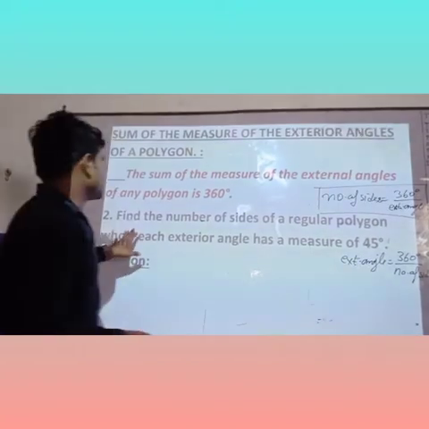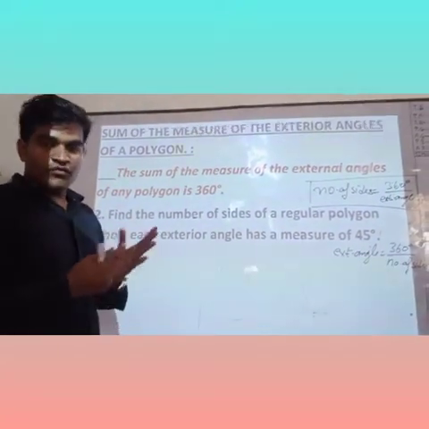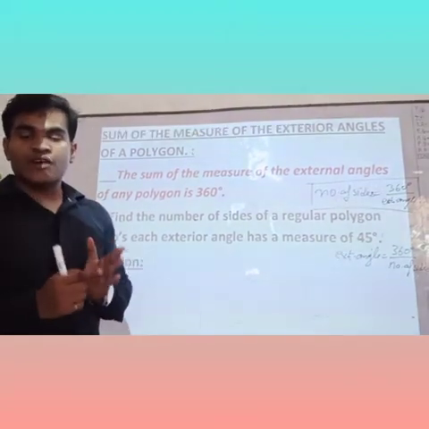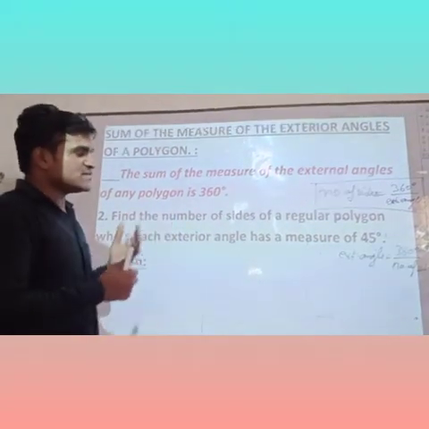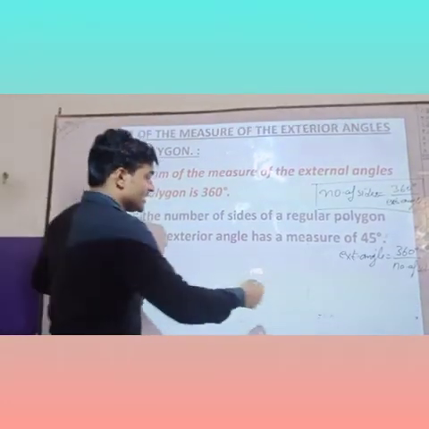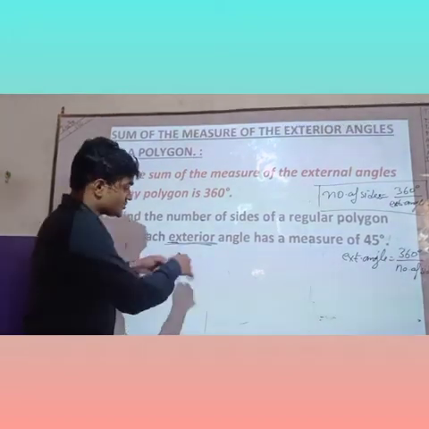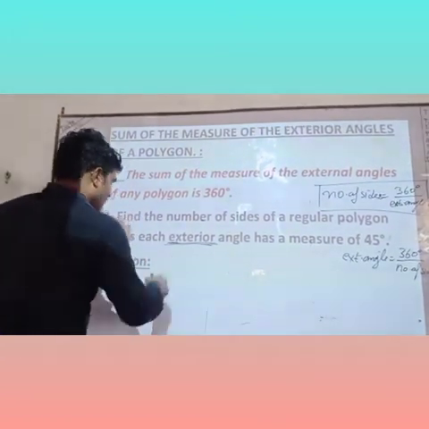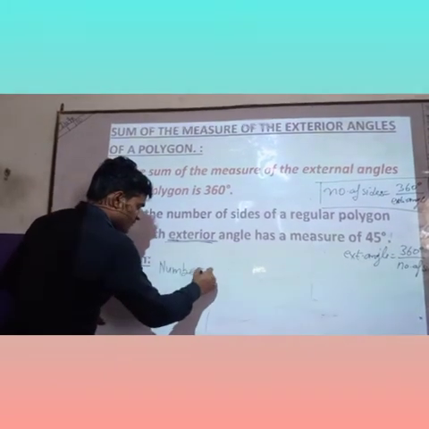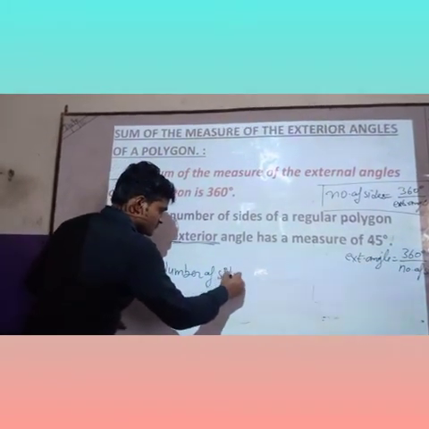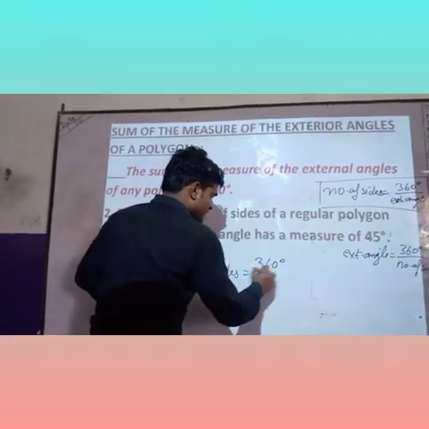Your first question is: find the number of sides of a regular polygon whose each exterior angle measures 45 degrees. Here the exterior angle is given, not the interior angle. So children, how do we find it? As we know, the number of sides of a polygon is equal to 360 degrees divided by the